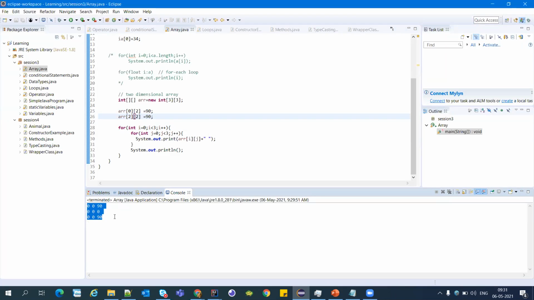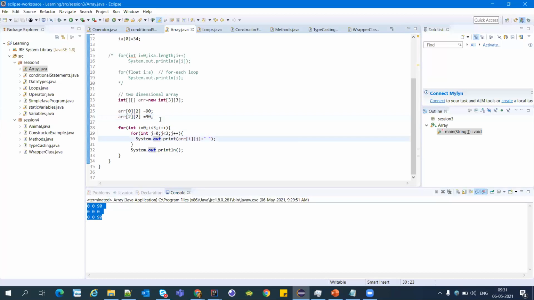Yogesh, if you change that array dimension or the size from 3, 3 to 2, 2, that probably will solve our confusion. Yes, but it will give an exception. The size will be 2, 2, but the values that we have entered, 0, 2 and 2, 2 in the two-dimensional array, we can change to 1, 1.